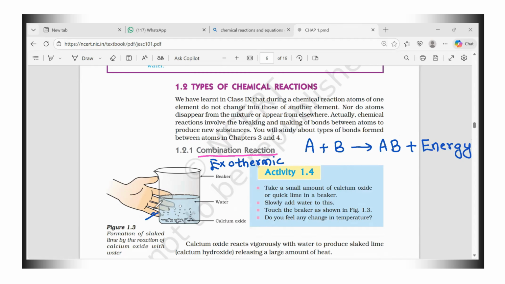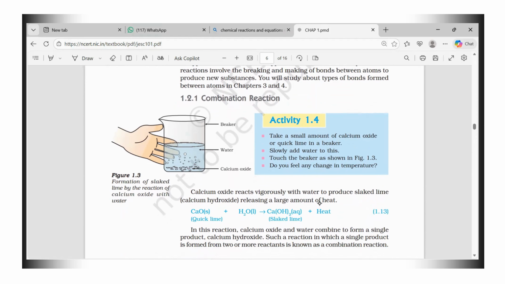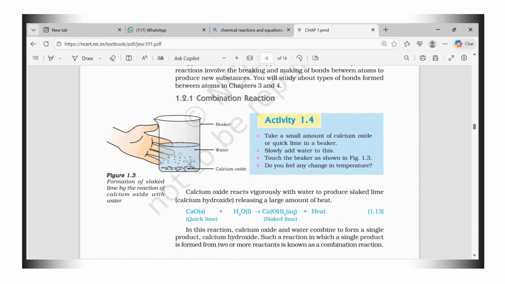See the palm shown here; it shows that some temperature difference is happening, or heat is evolved. The example given for combination is calcium oxide reacting with water. It will give us calcium hydroxide with the release of heat,